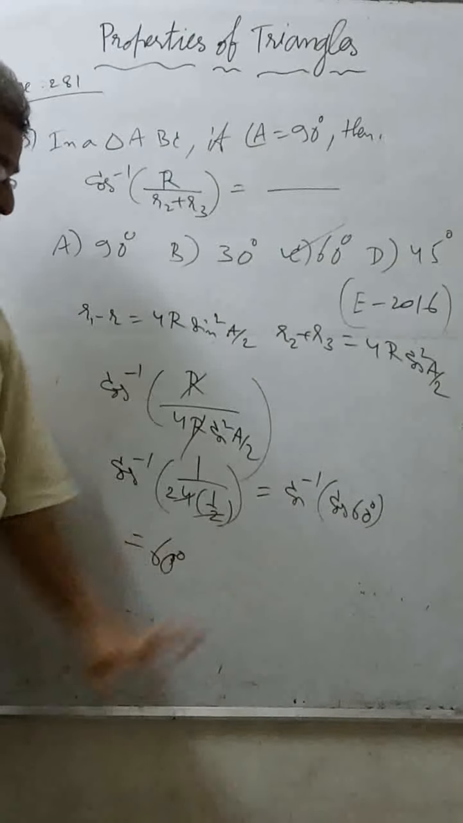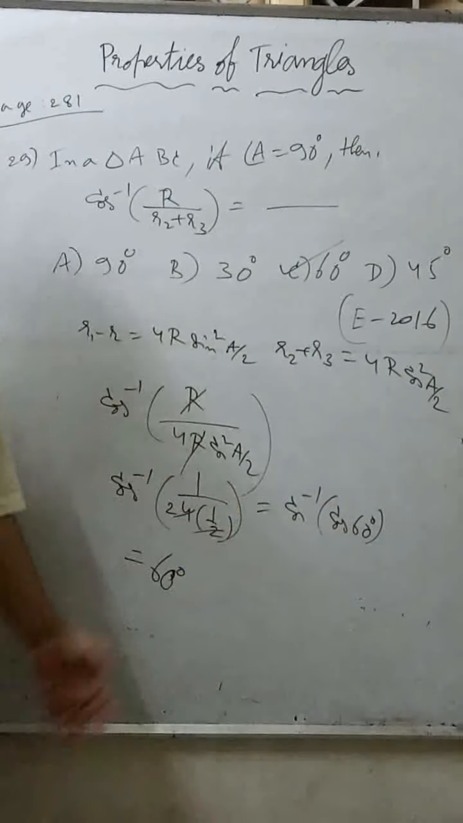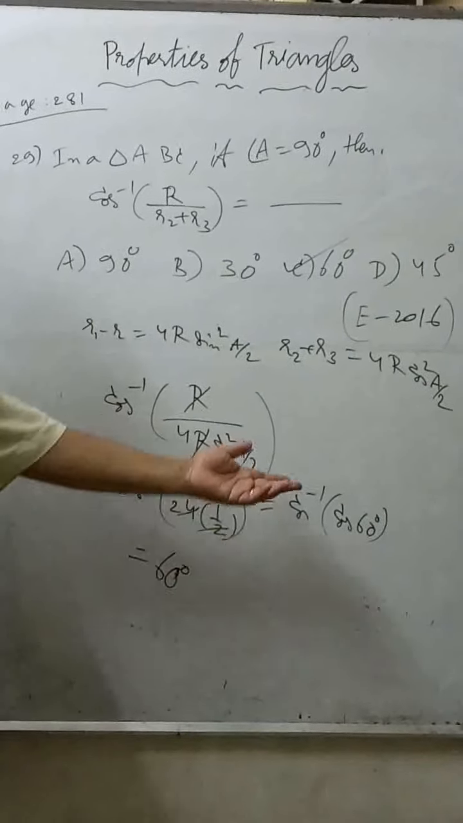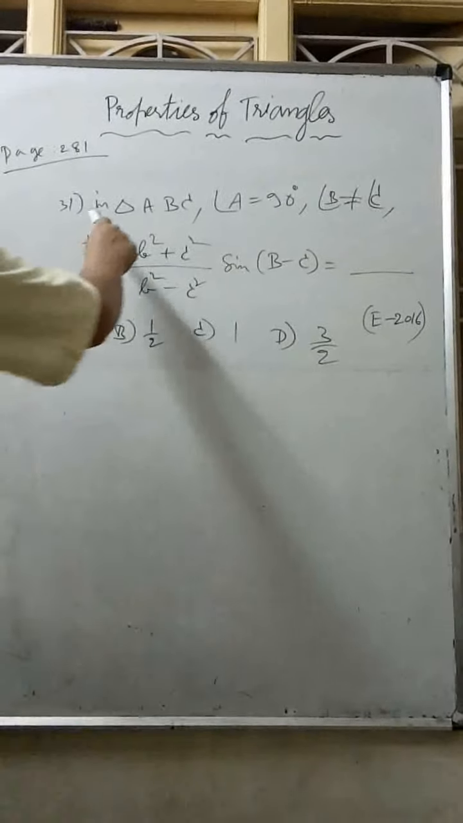1 by 2 is cos 60 degrees. So 60 degrees is in the inverse function, which means 60 degrees should be in the limit 0 to pi. It is within the limit only, so cos inverse of cos 60 is 60 degrees. So our option is...